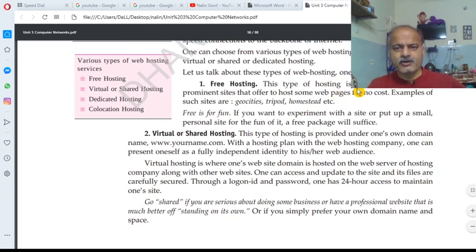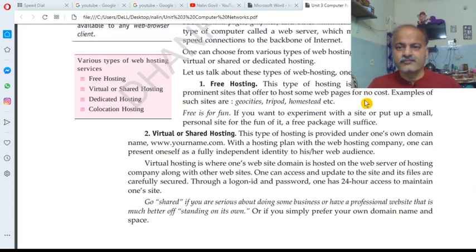This type of hosting is available with many prominent sites that offer to host some web pages at no cost. Examples of such sites are GeoSites, Tripod, Homestead, etc. So some websites are free and they provide the facility to the user.